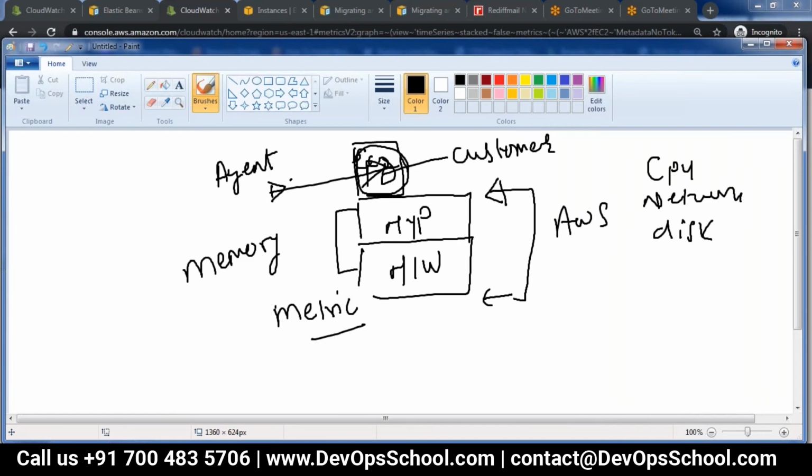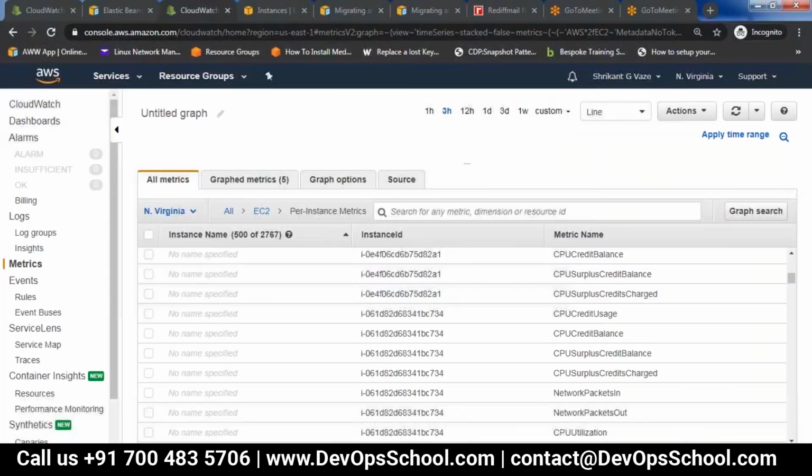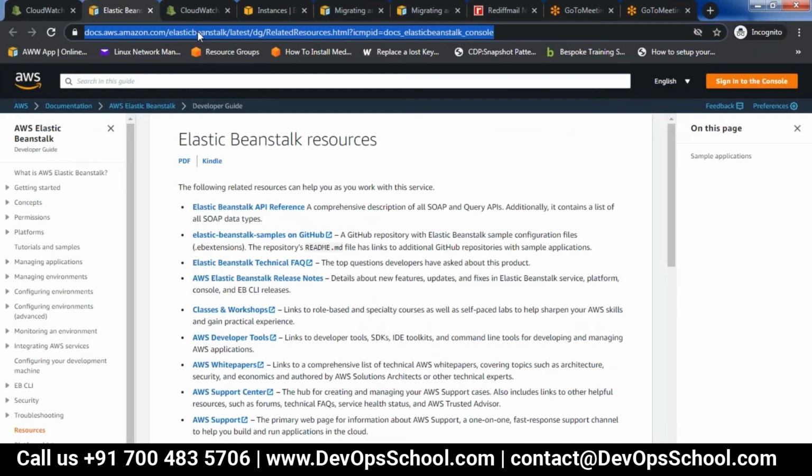These scripts are actually available, or you can put an agent. Suppose you want to monitor your application, then CloudWatch is not going to do that. You will have to install some agent and then integrate it with the CloudWatch ecosystem.